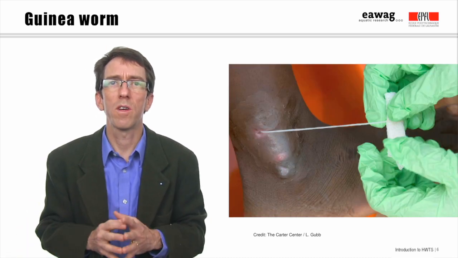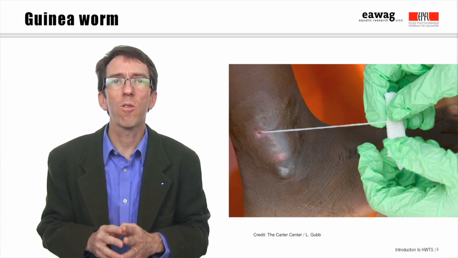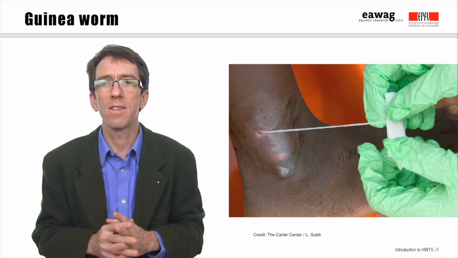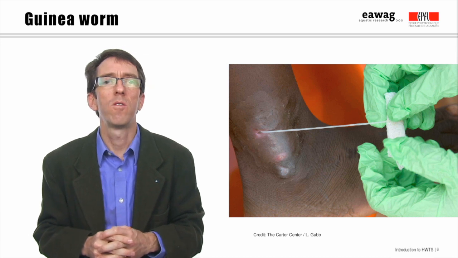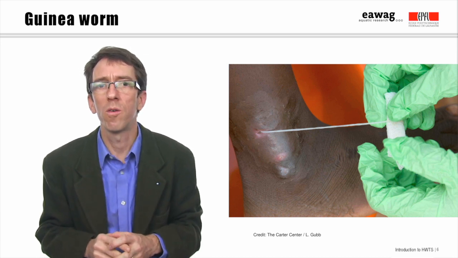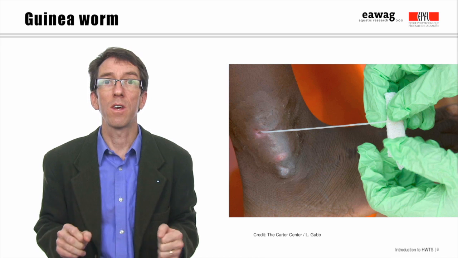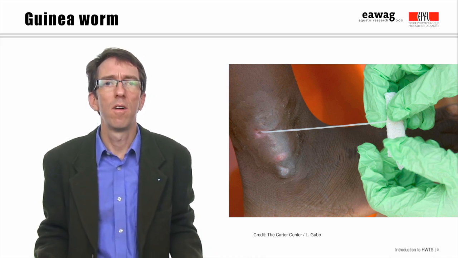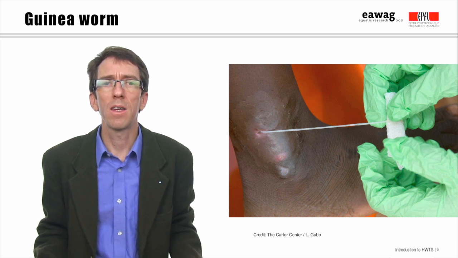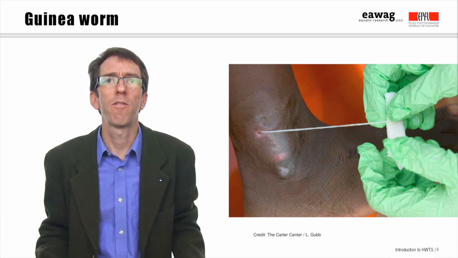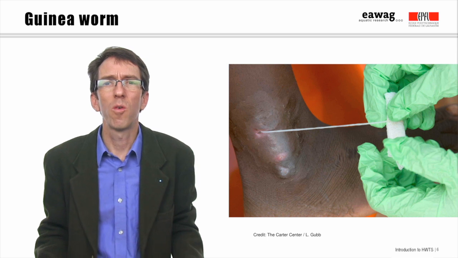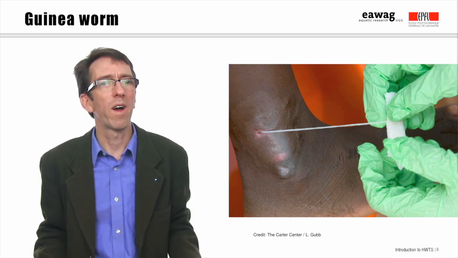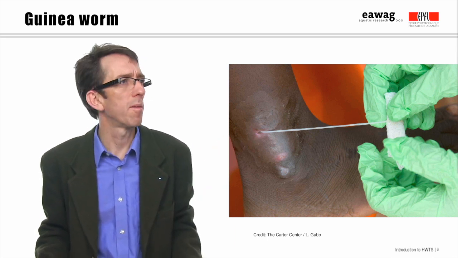Once a person drinks water containing the copepods, hydrochloric acid in the stomach kills the insect and releases the larvae, which mature and grow into adult worms. These can reach a length of nearly a meter and be as wide as a spaghetti noodle. The worms migrate through the body and emerge through the skin, often near the feet. The worm has to be removed slowly, winding it up and pulling it out of the body, bit by bit,